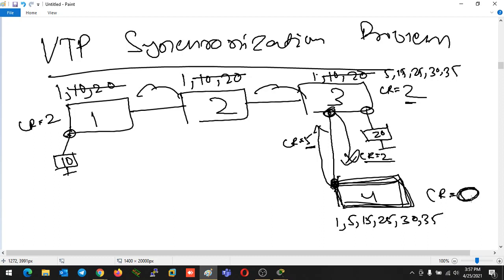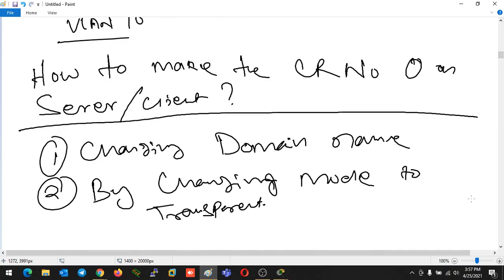We have to keep in mind, if we are going to add an old switch to our currently running VTP network, then the old switch's CR number should be 0. So how do we change the CR number to 0? The two steps I told you, changing the domain name or changing the mode, can achieve this.